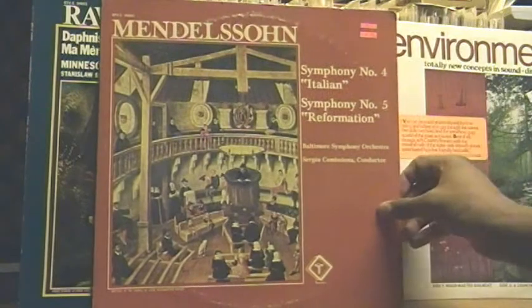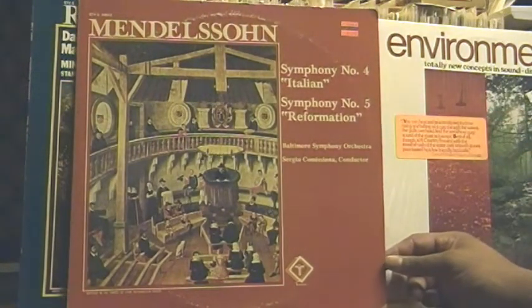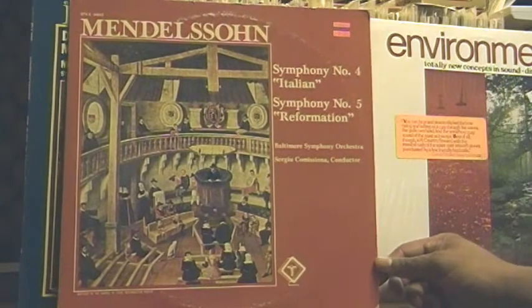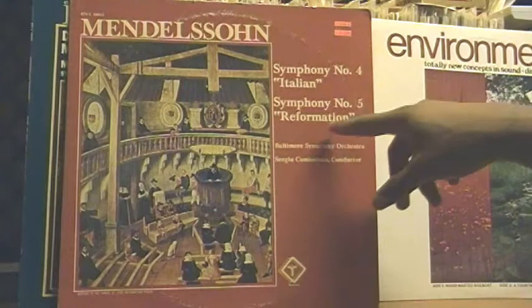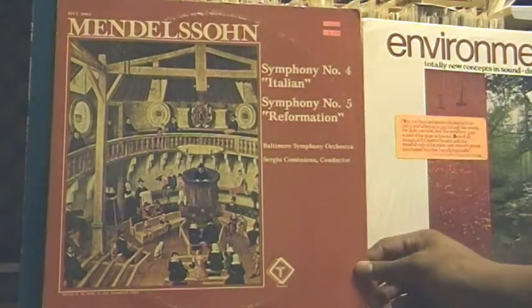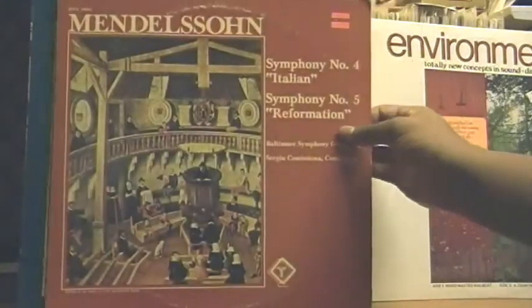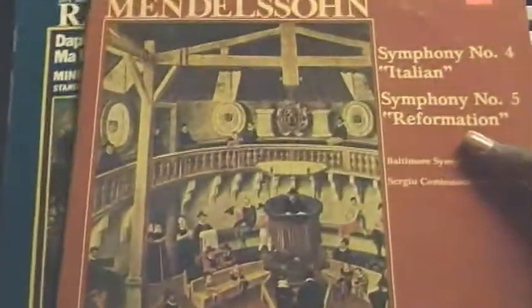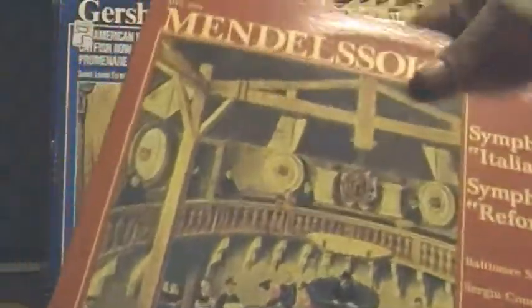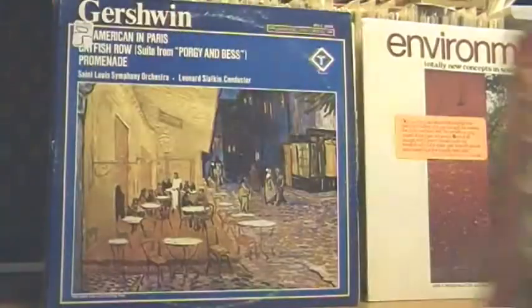And we've got two symphonies by Mendelssohn, Symphony No. 4, the Italian, and Symphony No. 5, the Reformation, performed by the Baltimore Symphony Orchestra. Picked these up for $1, $1 at Amoeba Music here in Hollywood. Don't you just love those clearance sales? Anyways,